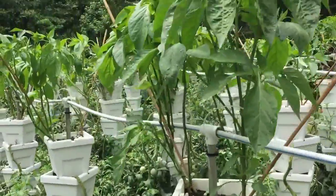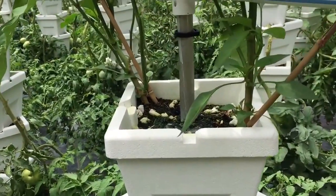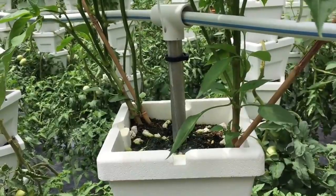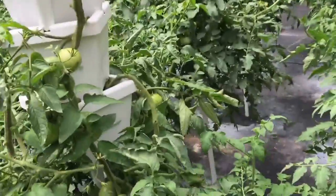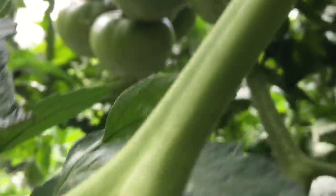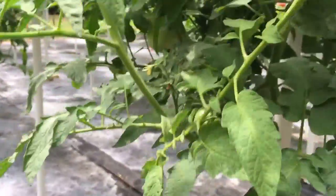But up top is where I have all the peppers, and you can see right here the water comes through a really small tubing. I think it's about 1/16 inch inner diameter. It's really small, so that it's good at slow feeding, so we don't get channels. But the water is going to come down through the containers and come out these holes at the bottom. So I go for about 1 to